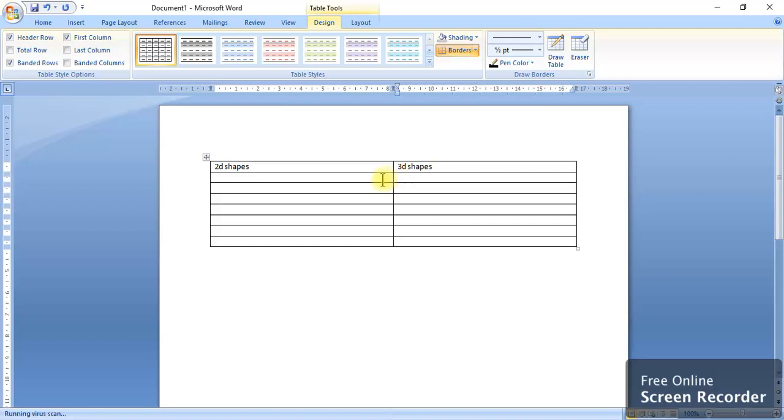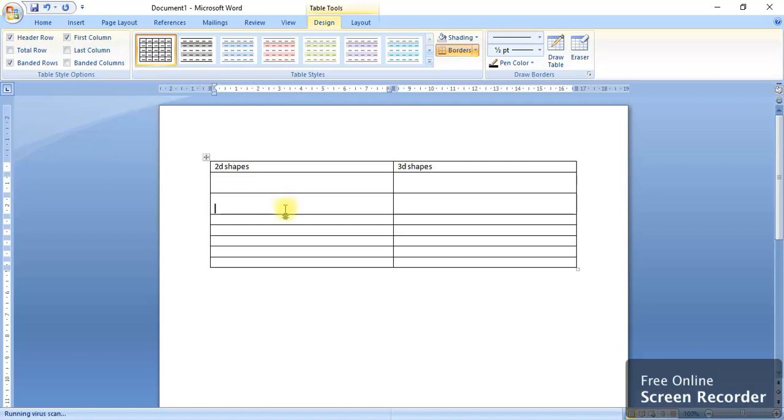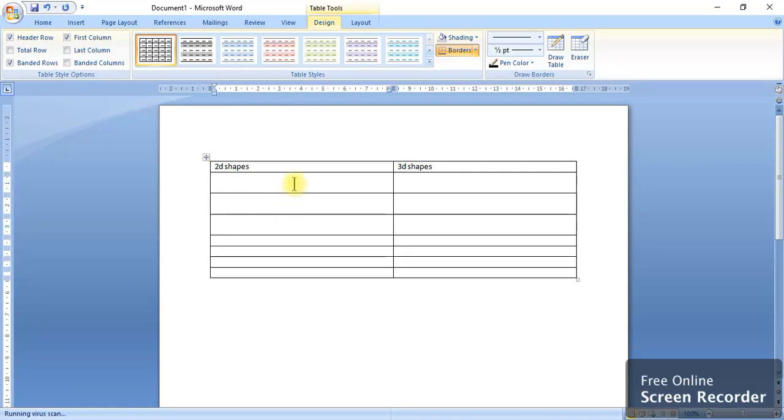So now below this you have to type one by one. How to change the size is also the same thing. You have to select the font and change. Suppose you want to make this tabular column big, press the Enter key. Then again click here, Enter key. Again click here, Enter key. Like this you can do it.